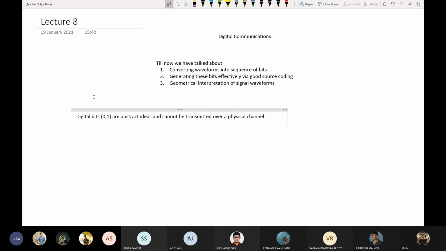However, these can be mapped to voltages, or these can be mapped to waveforms. So say if I want to send bit 0, I send